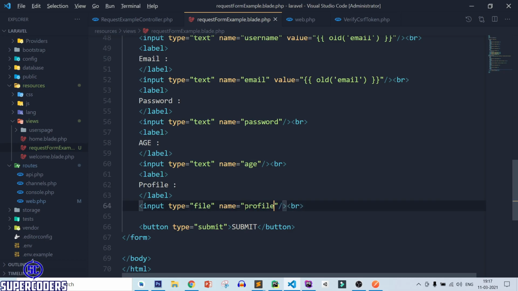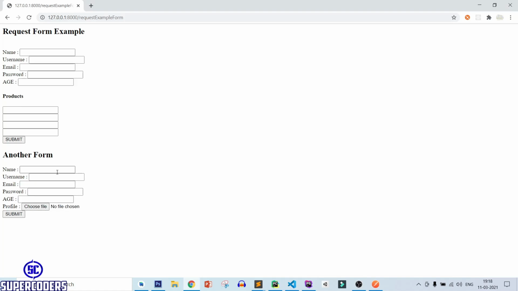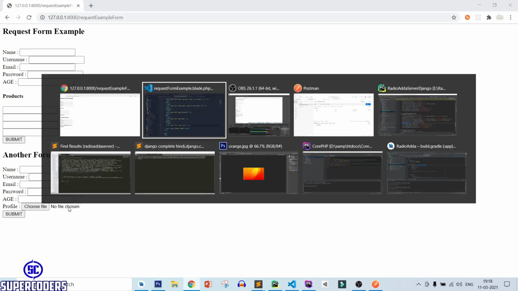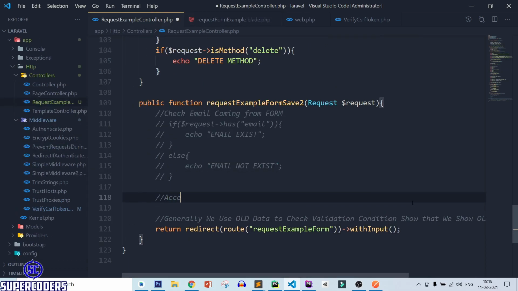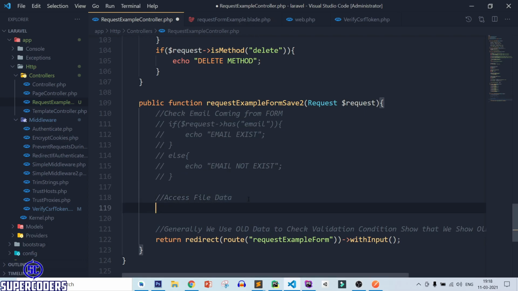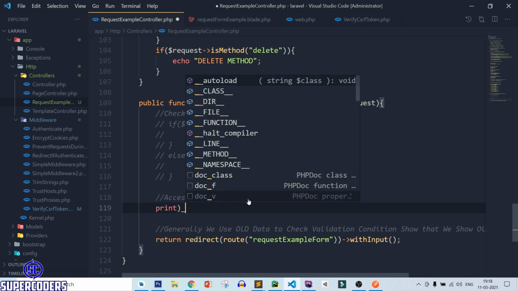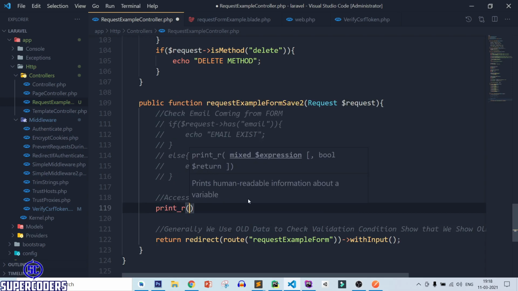Now save this page, refresh the page, and let's try to access this file data. For accessing the file, just add print_r.